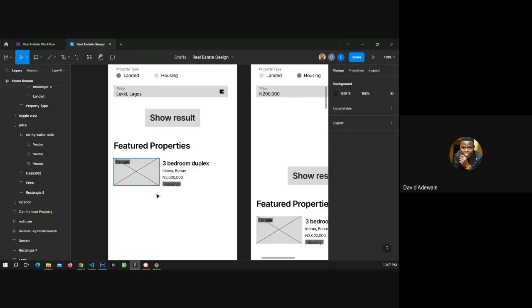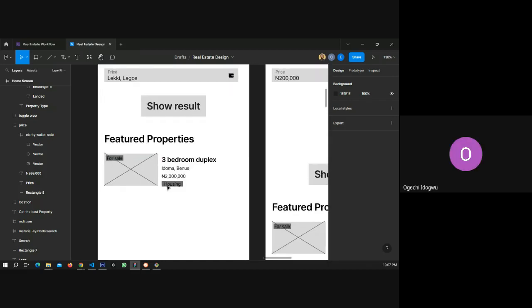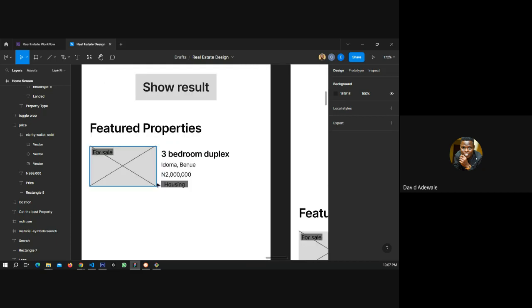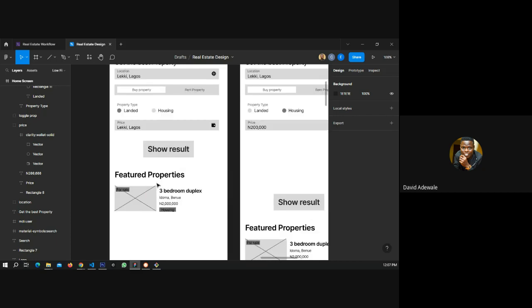It can show either housing or landed property, anyone. Okay, sir. So the featured property can either be a housing or land.